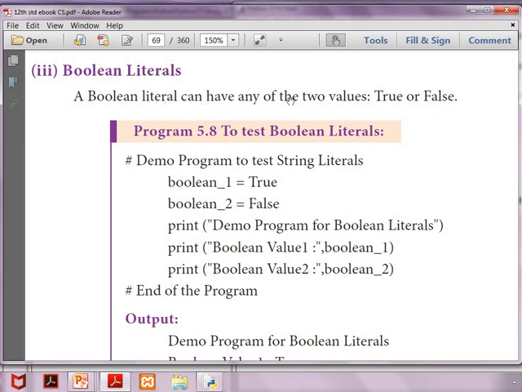Boolean literals can have any of the 2 values, true or false. One variable, boolean 1, is assigned with the value true. Boolean 2, false. Demo program for Boolean literals. Boolean value 1 will be true and the other will be false.